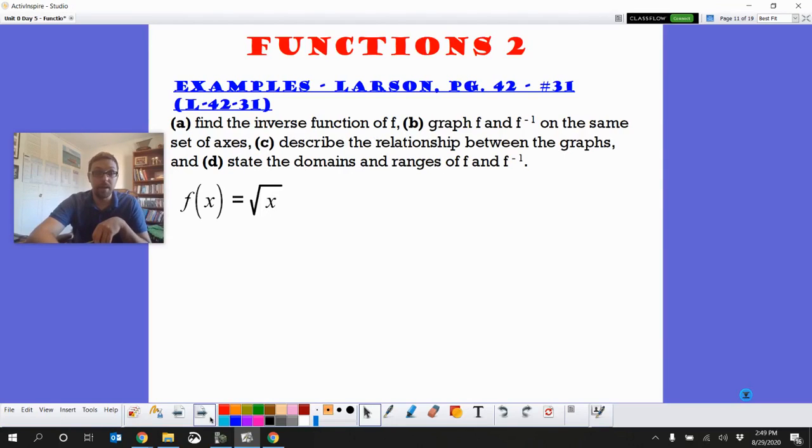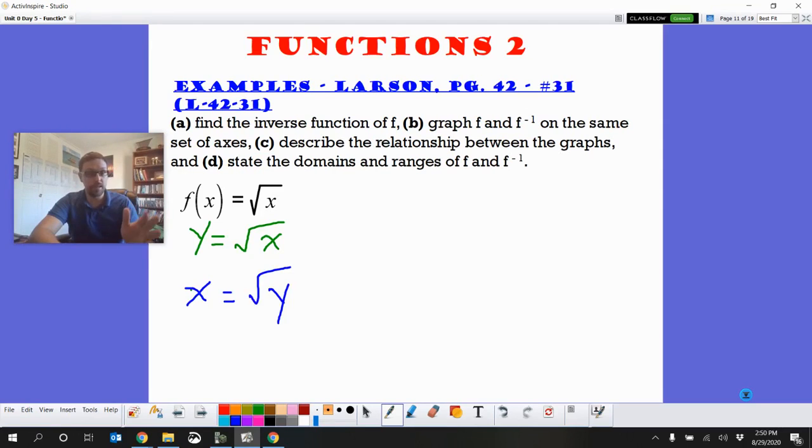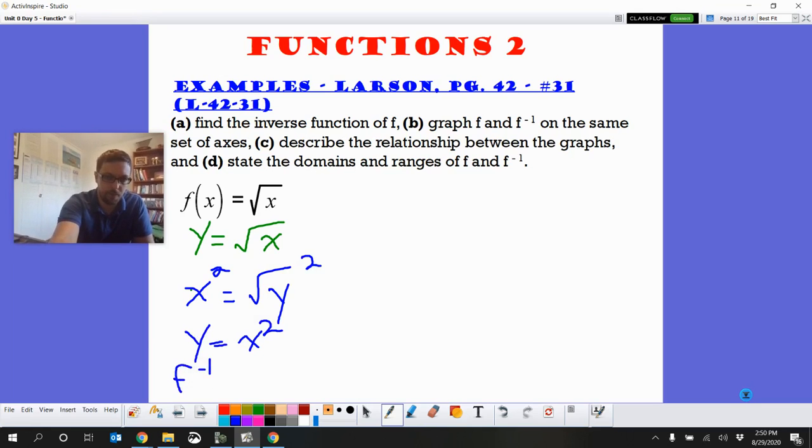All right, now what if we wanted to find an inverse? First thing we do, we replace that f of x with a y. And we're going to swap x and y to make a new function, the inverse function. In order to get it by itself, we got to square both sides. And so we get y equals x squared. So f inverse of x